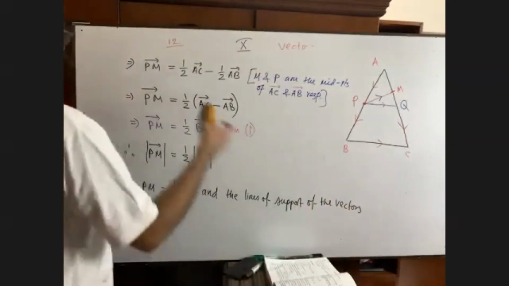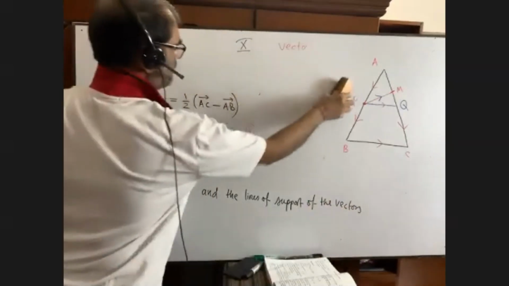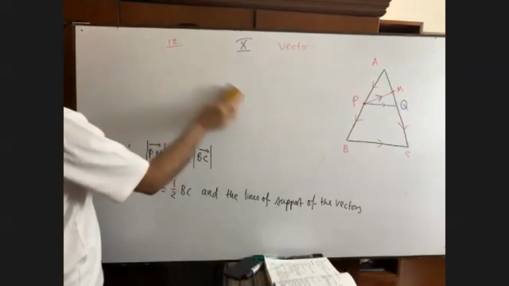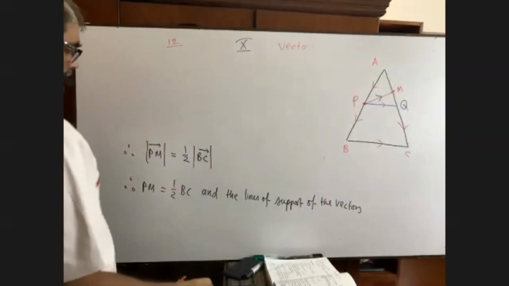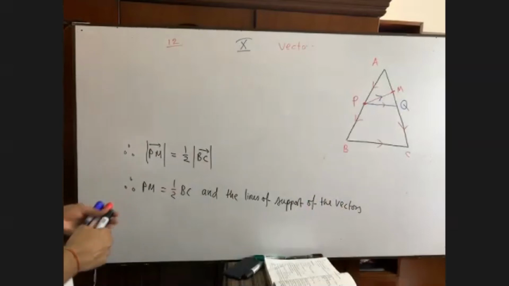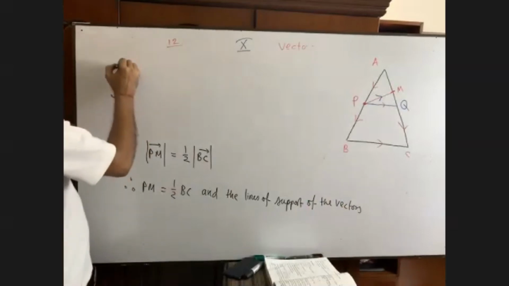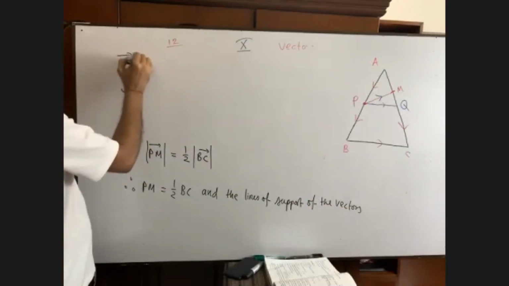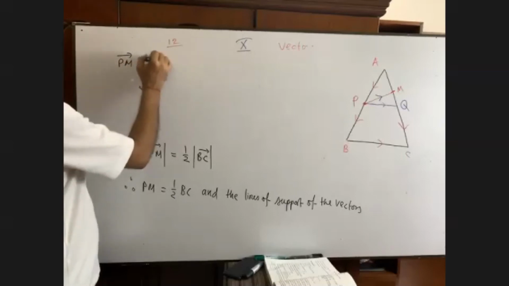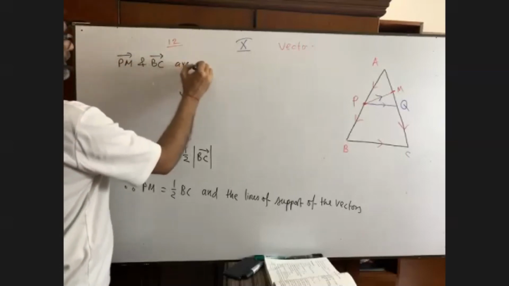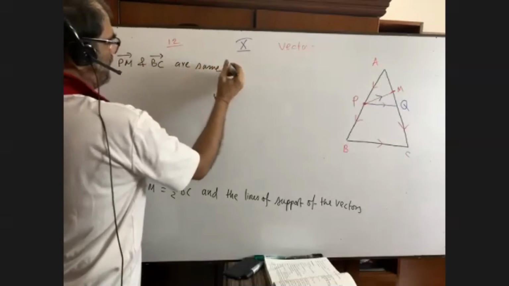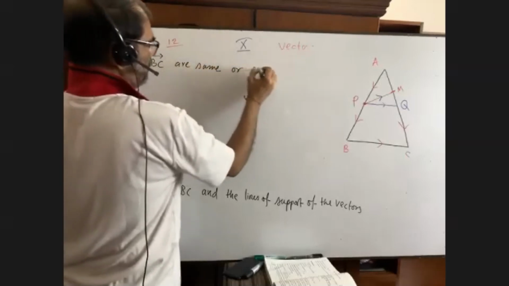You write down the same thing. I think you are getting me right. Yes, sir. The lines of support of the vectors PM and BC are same or parallel,